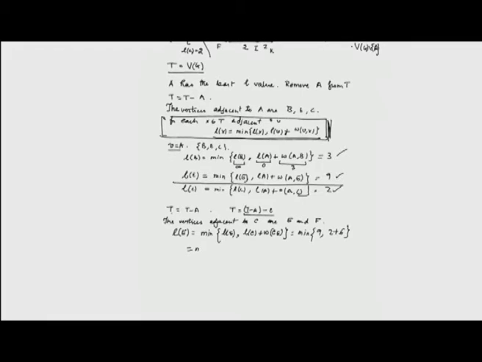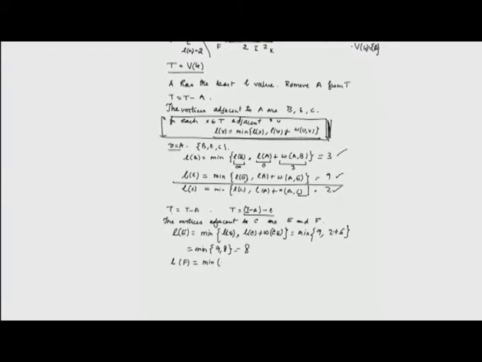So, I have to choose between 9 and 8, which is of course 8. So, we see that the label value of E has decreased. So, we will put L of E equal to 8